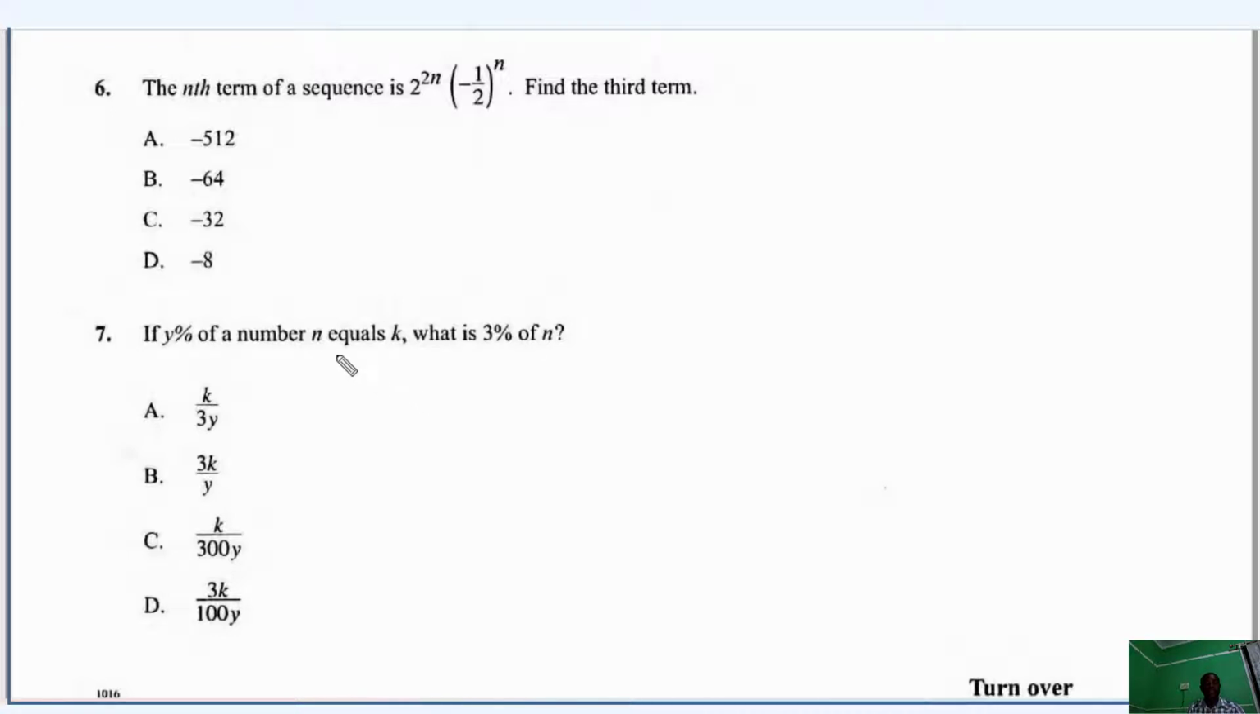y% of a number equals k. 1% of a number n equals k. What is 3% of n? So y% will be y over 100. Of means times n is equal to k. What is 3% of n? So you have to make n the subject. So this one will give us